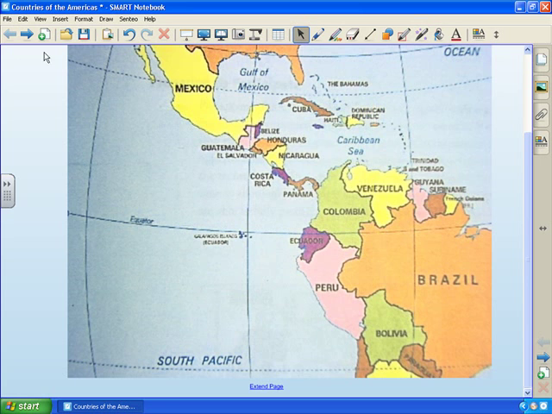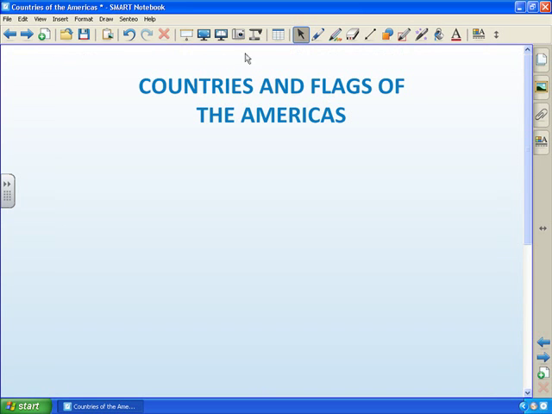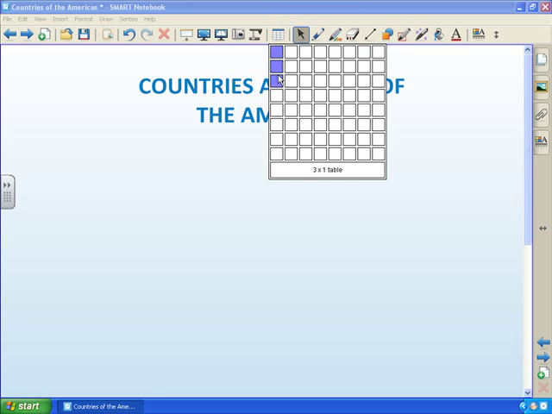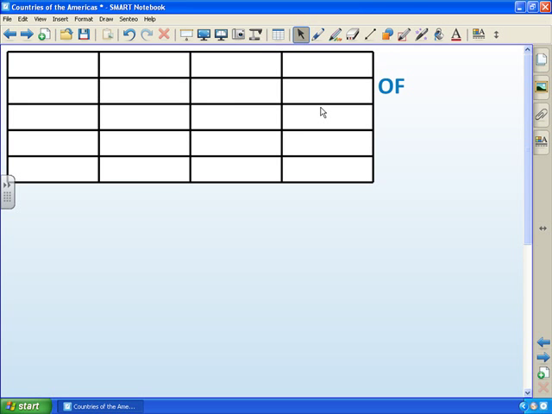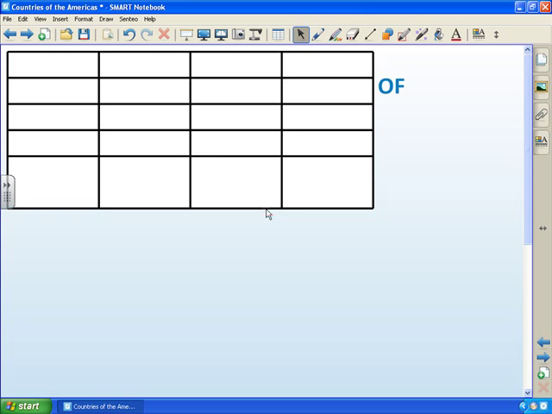Use the new Tables tool to create tables and sorting activities for your class. Click the Insert Table button and choose the number of rows and columns that you need. Your new table will appear in the top left-hand corner of the page. If you try and move the table by touching and dragging on it, you will resize the cells rather than moving the table. To move a table, do a marquee select by touching and dragging over the table in a diagonal motion. Now that you've selected the table, you can move it about using the gray square in the table's